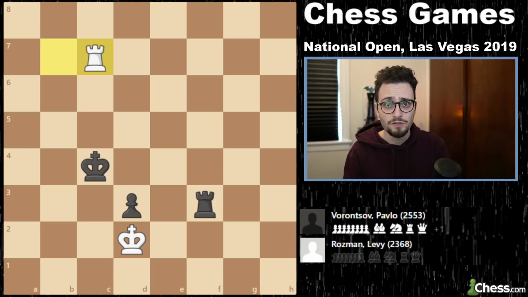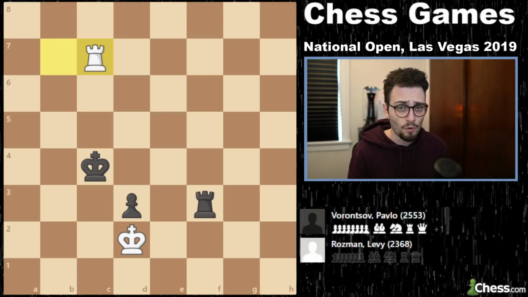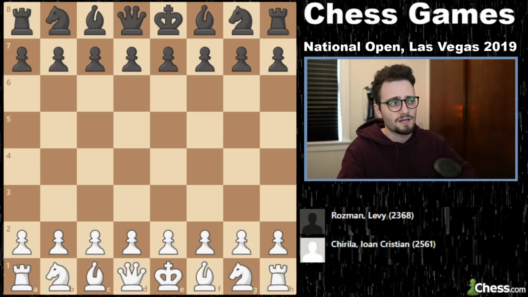This next game is round 6. This game is round 5, or round 4. Round 4, round 5. Up until this point, I'm undefeated. I've drawn multiple grandmasters. I've beaten a grandmaster. I'm feeling good. And this next game, I've got the black pieces against Cristian